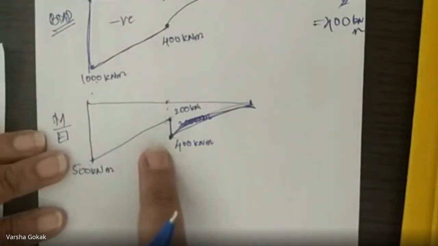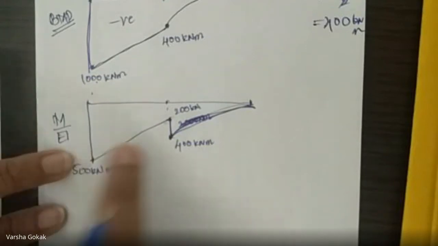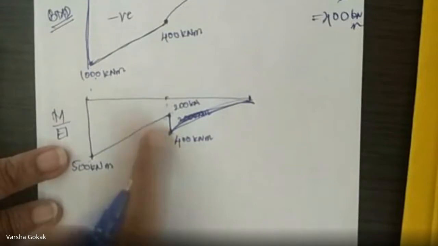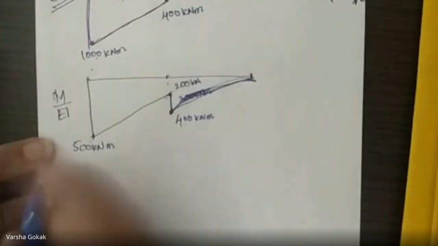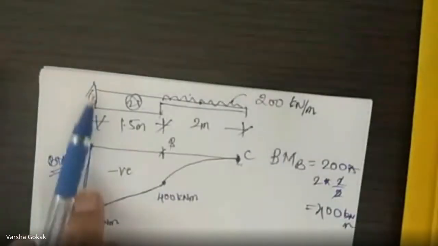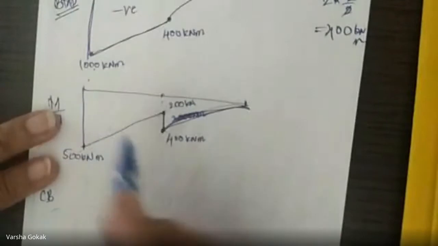Now, whenever we take moments and find the shear force, when we draw the conjugate beam and all, we use the M by EI diagram, like we used in the moment area method. This is just the M by EI diagram. Now, let us draw the conjugate beam. Conjugate beam means wherever it is fixed, that becomes free. Free end becomes fixed end. So, let us draw that.